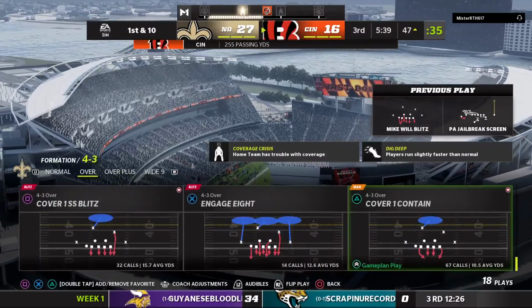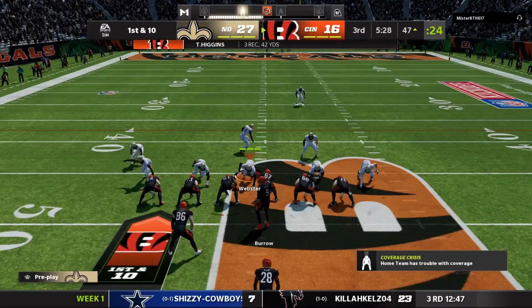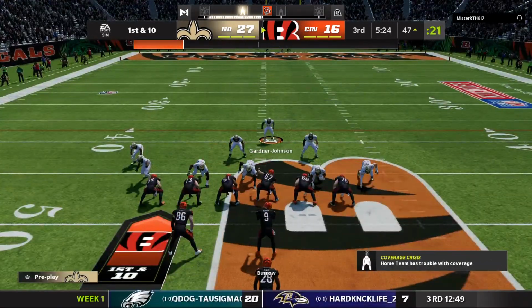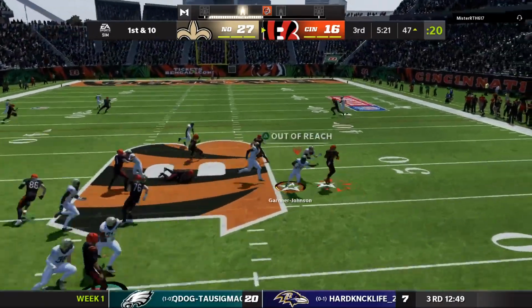Both sides were holding their breath there on that fourth down play, and the offense can breathe a sigh of relief. And both knew exactly where the first down markers were. You know the defense is trying to guard those sticks and try and keep people in front, but somehow...